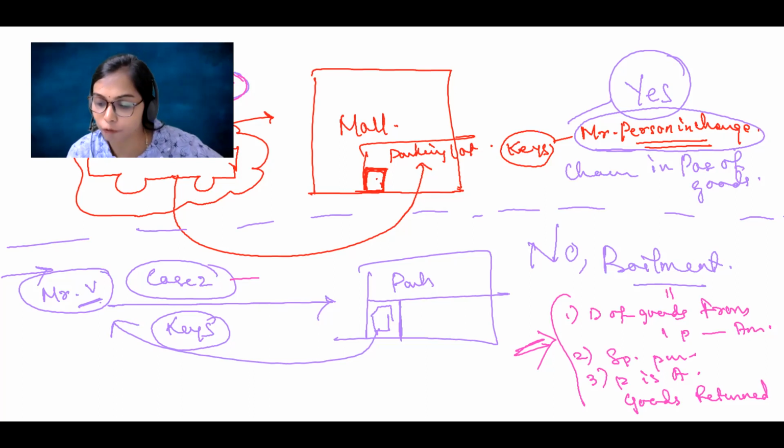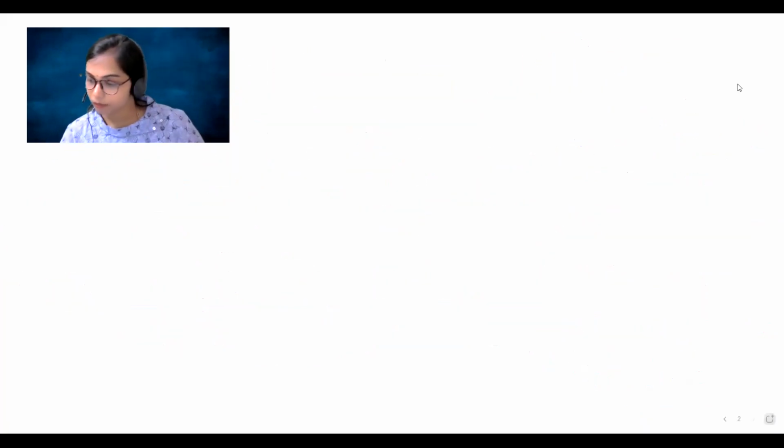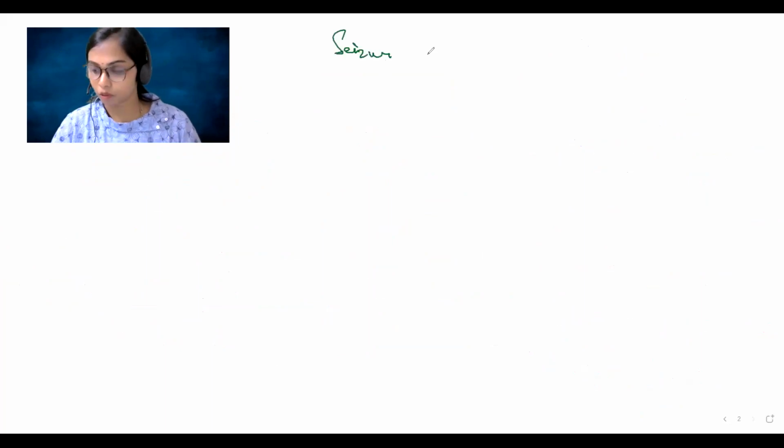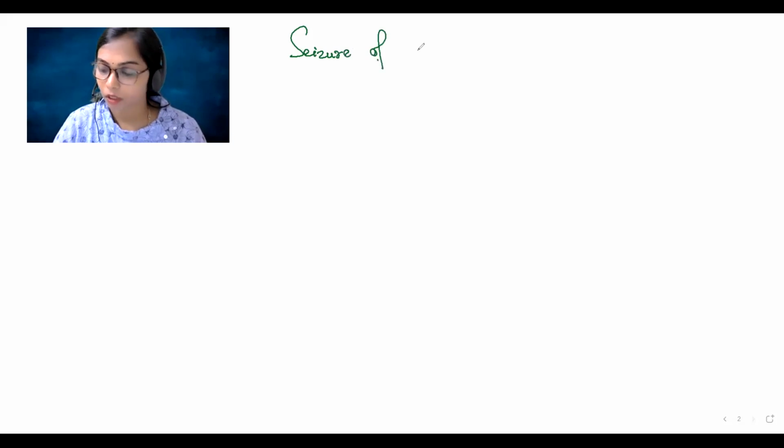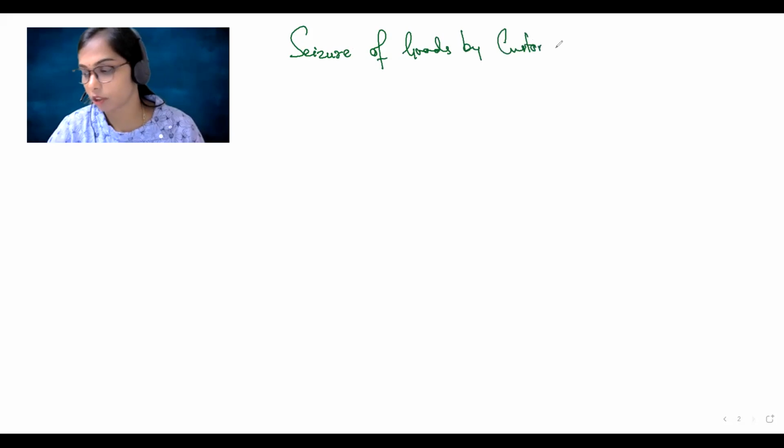Okay, next, seizure of goods by the custom authority. Seizure of goods means locking or sealing the goods so that they will not be used until the case is resolved, right? So it is saying seizure of the goods by custom authorities. So when there is seizure of the goods, like for example, what happens is,